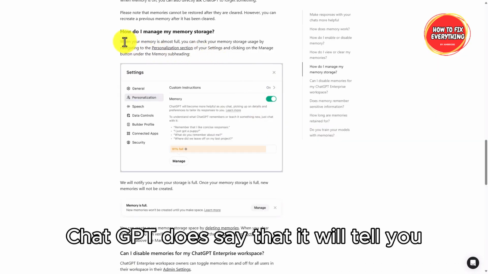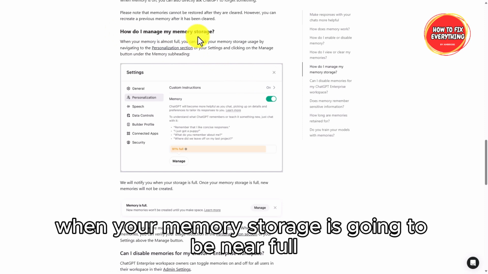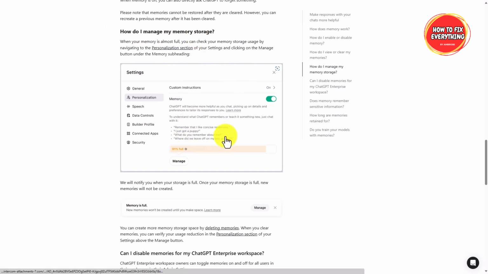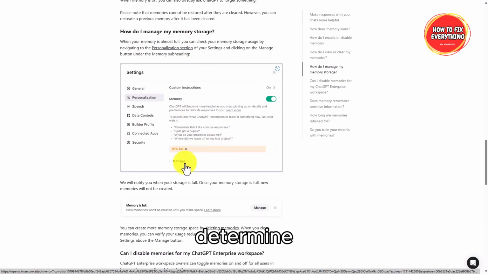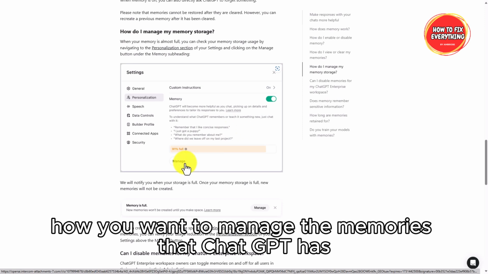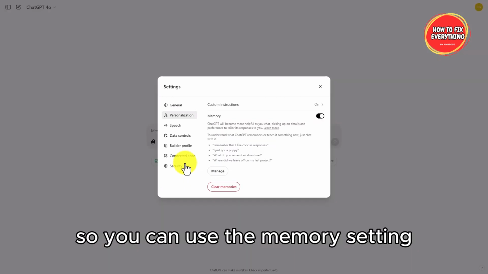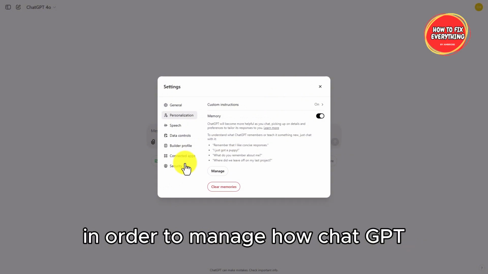ChatGPT does say that it will tell you when your memory storage is going to be near full, or you can click on the Manage button and determine how you want to manage the memories that ChatGPT has. So you can use the memory setting in order to manage how ChatGPT interacts with your